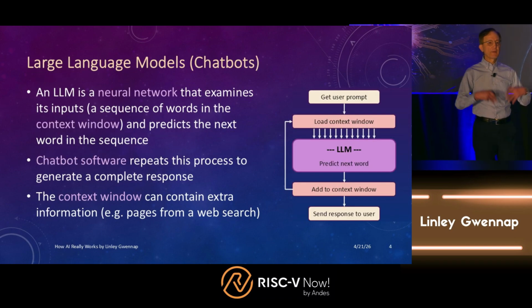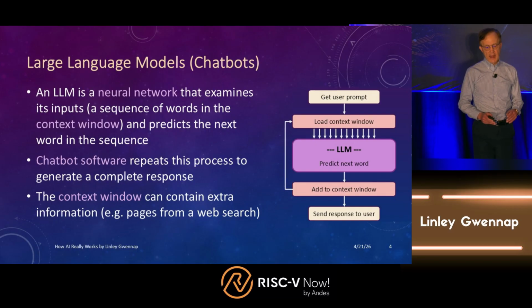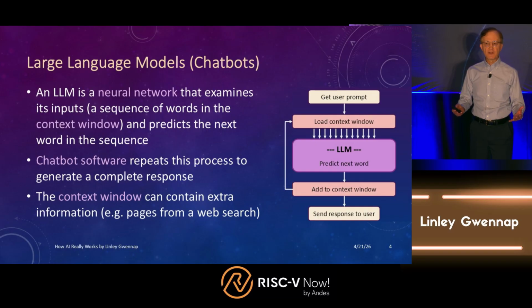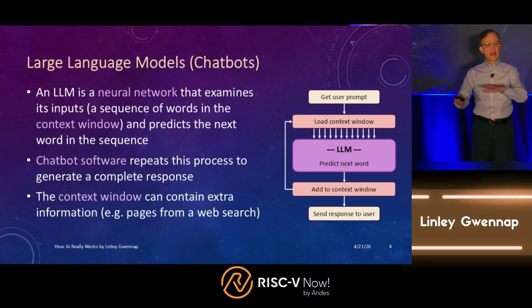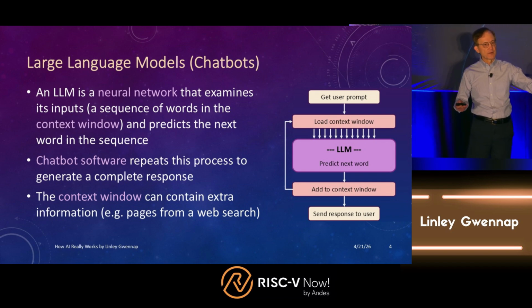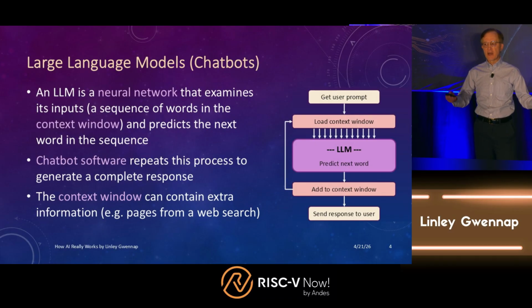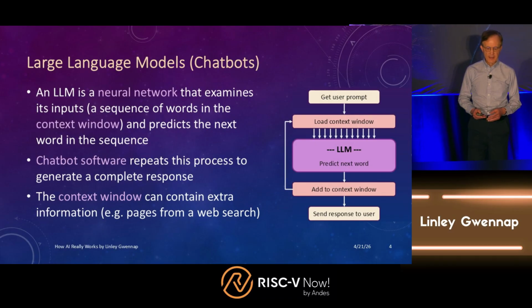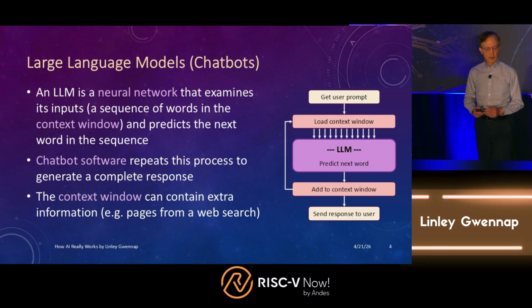So everybody's talking about these large language models and the chatbots that implement them. These models are based on neural networks. If you're looking at a large language model, for example, you have a neural network that takes in a sequence of words which are loaded in the context window. Then all of those words go into the neural network, and it applies mathematical techniques to predict what the next word is going to be in this sequence of words, based on the patterns that it's learned during the training process. And I explain all this in a lot more detail in the book, so I'm just going